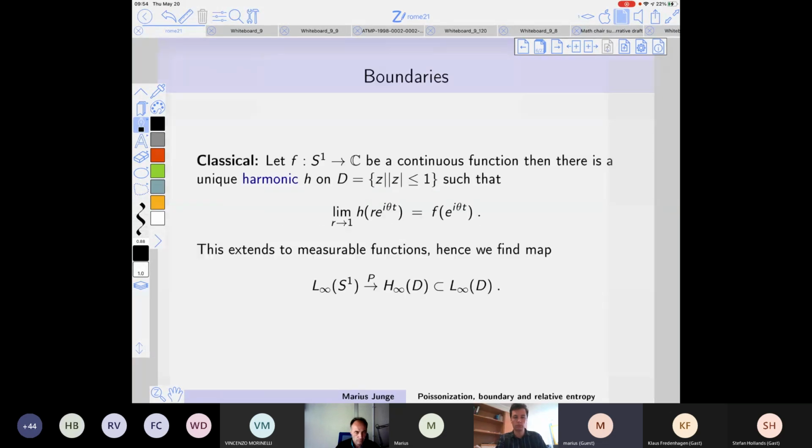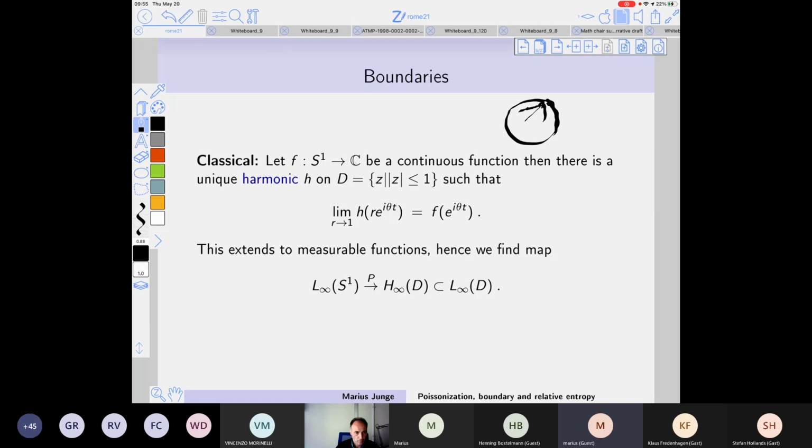So now let me talk a little bit about boundaries. Boundaries have many meanings, and I want to start with the first one, which is the one we all know. You take a circle, you have a function on the disk, and you send the function to the limit. So often they take these radial limits, and there's a lot of harmonic analysis. You shouldn't do a tangential limit. If you have a function on the disk, you can restrict it to the circle, and that is certainly one operation. So for a function on a disk, you can take the limit.